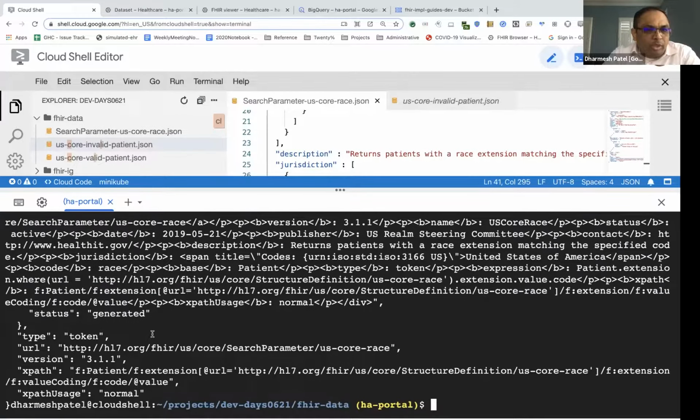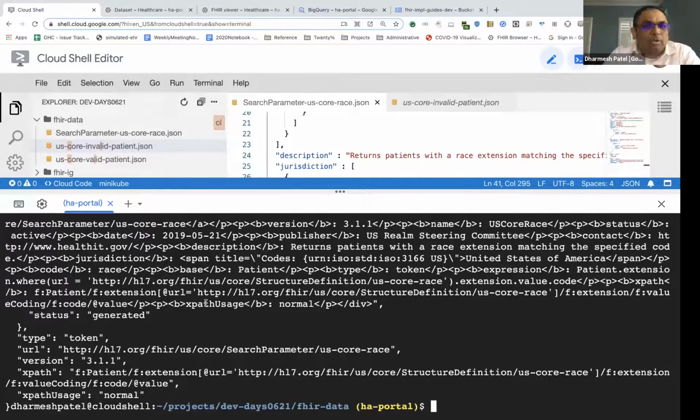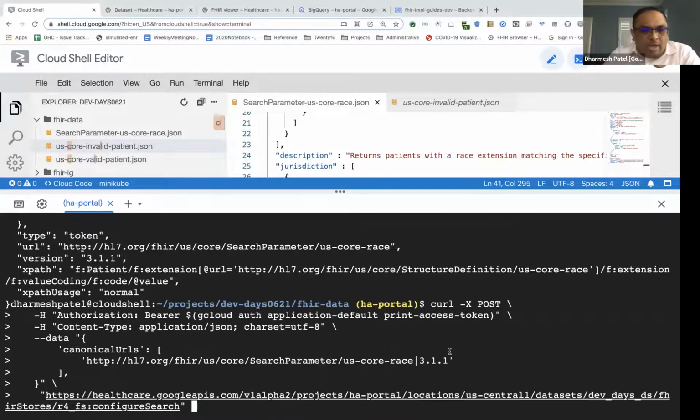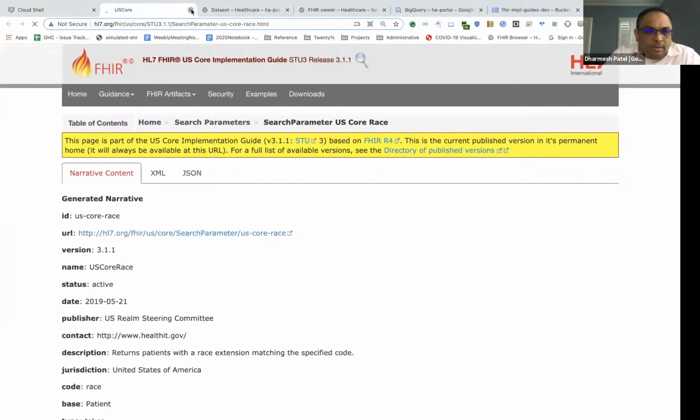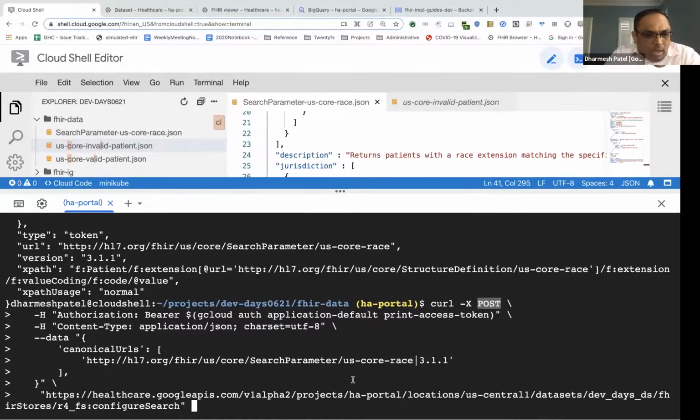And that has imported the search parameter into the Firestore. And now I will configure the Firestore to enable this search parameter. So what I'm doing is I'm executing another post and providing the search parameter URL, and I'm